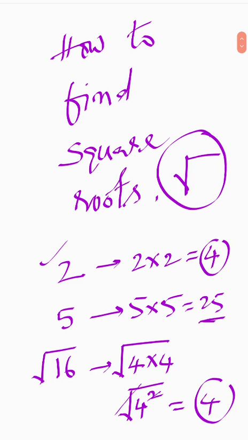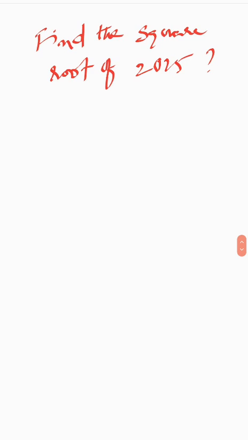So for finding square roots, we have two methods. One is the prime factorization method, another one is the division method. In this video I'm going to explain one or two examples for finding square roots using the prime factorization method and the division method. For bigger numbers like 4 digit or 3 digit numbers, how can we find it? Let us see. Here is a question. Find the square root of